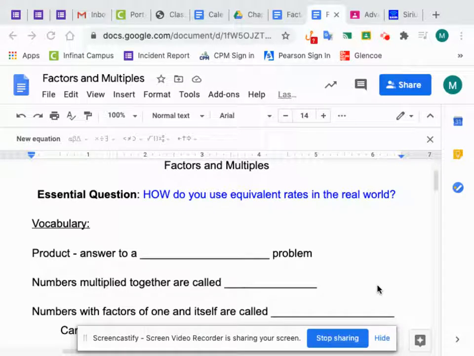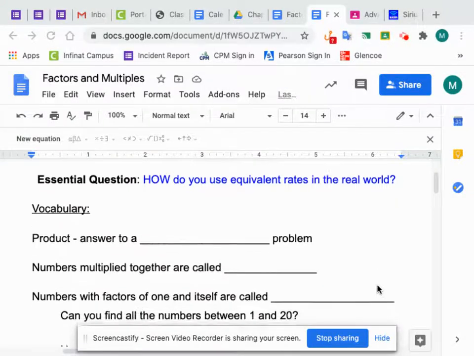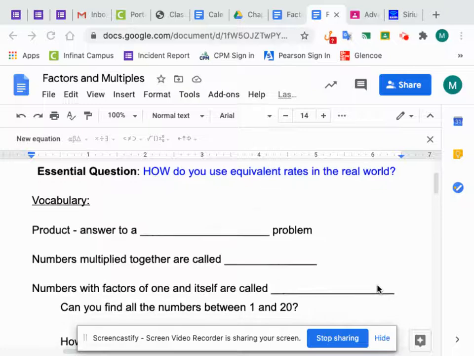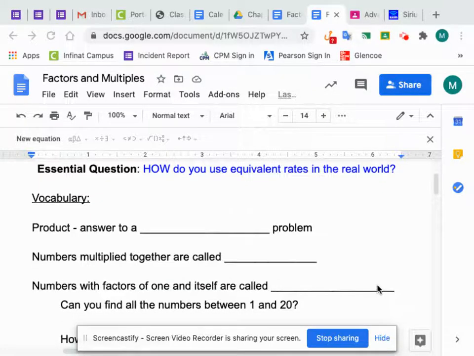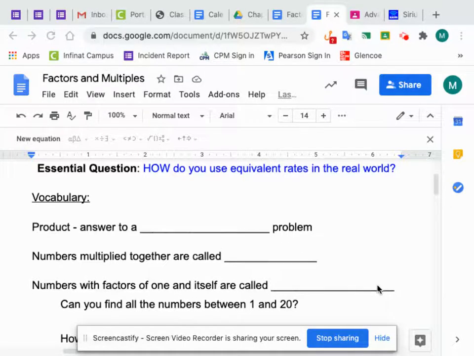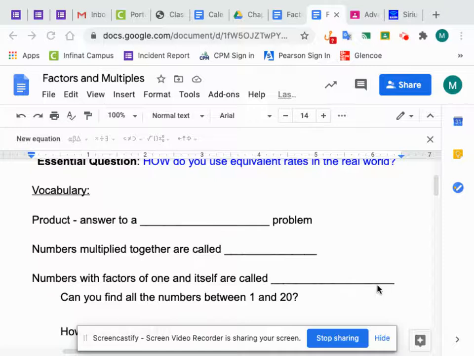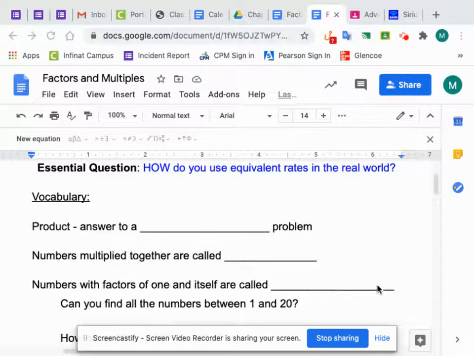All right, so factors and multiples is the third chapter that we're going to be working on. At the top of each note sheet and assignment from now on, you're going to see what the essential question is, and it is, how do you use equivalent rates in the real world? And this is what we want to make sure that we can answer by the time we are done with the chapter. So a lot of our problems and assignments are going to be about different rates and different topics